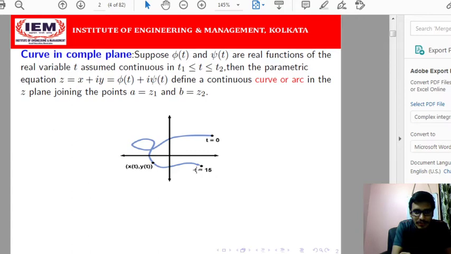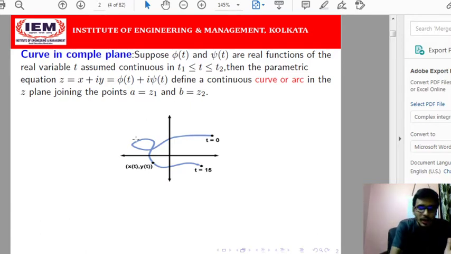That means if I take t equals 1, I get some value of x(t); the real part is dependent on t, and the imaginary part y is also dependent on t. So I get some phi(t) and some psi(t). If I take t equals 1, this will be phi(1) and this will be psi(1). So phi(t) and psi(t) are two functions dependent on t. Whenever we vary the real value t, we get the value of the real part x and the value of the imaginary part y. If I consider the ordered pair, this identifies a point in the plane. If we join the points, this will give us a particular curve.